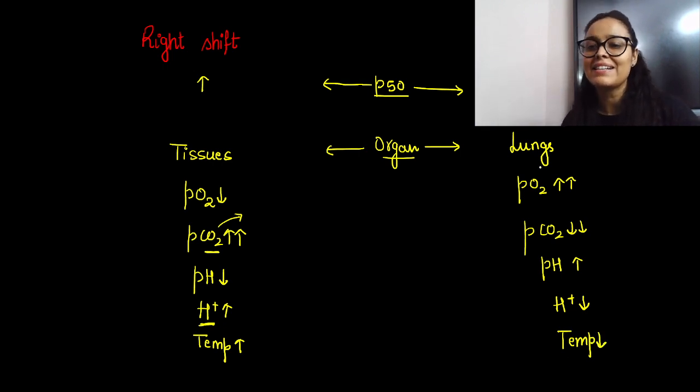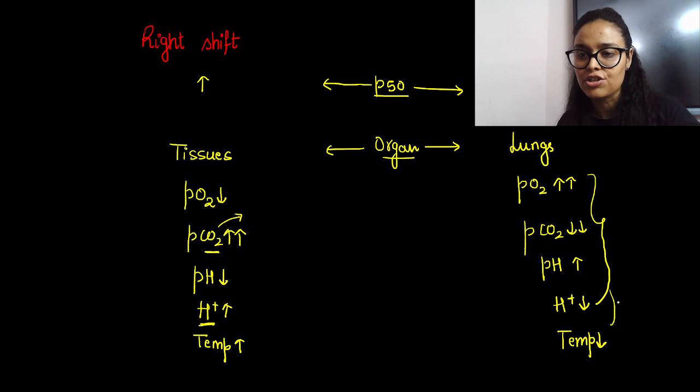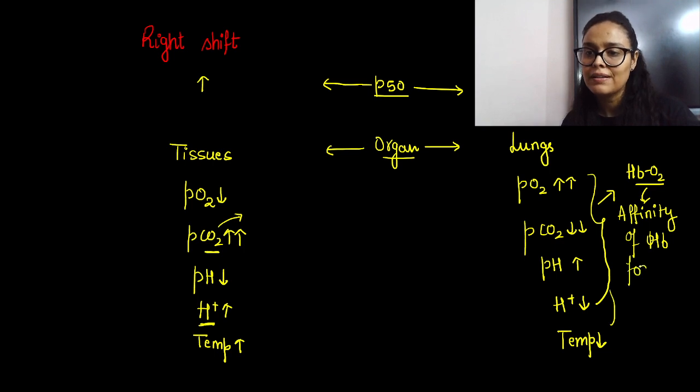So that means in the lungs, all these conditions are required to bind the hemoglobin with the oxygen. All of these are increasing the association, attraction and affinity of hemoglobin for oxygen. So in the lungs they are patching up. Patch-up means it's kind of a love story of the hemoglobin and oxygen. No, patch-up means they are actually forming the bond with oxygen, right?